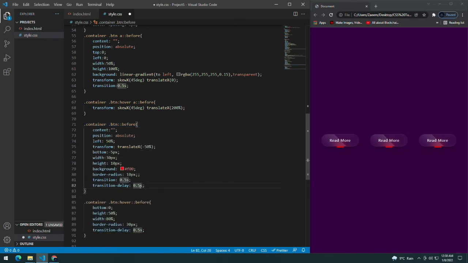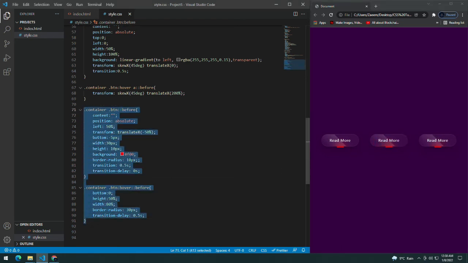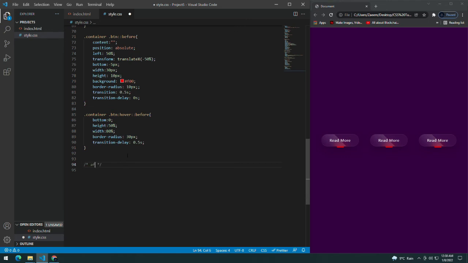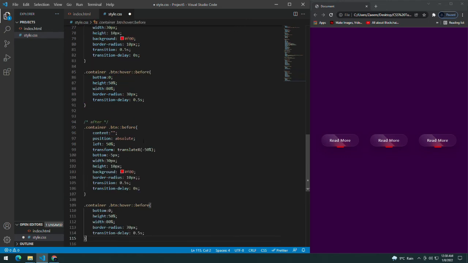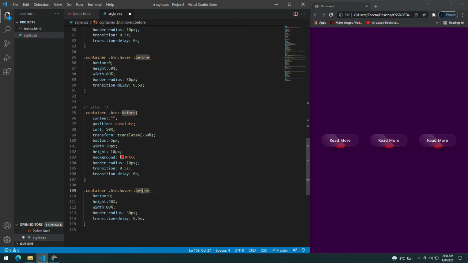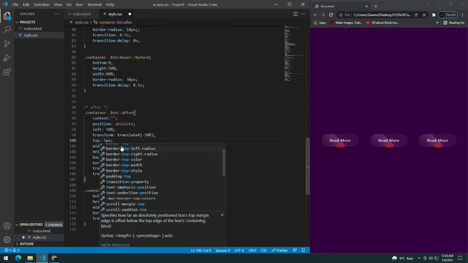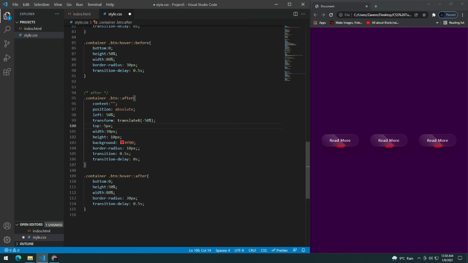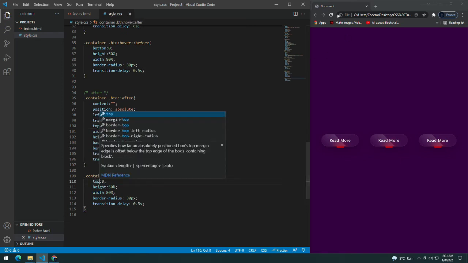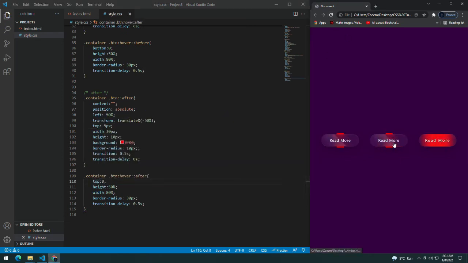I will also add it before as well, for the 0. Before it should be 0, and after we hover it, it should be 0.5 second delay. I will create the same thing on the top as well for the after. I need the same red thing on the top as well, so I've given it a top, and also in the below top. Now let's reload the page, and you can see I'm getting the same red thing on the top as well.